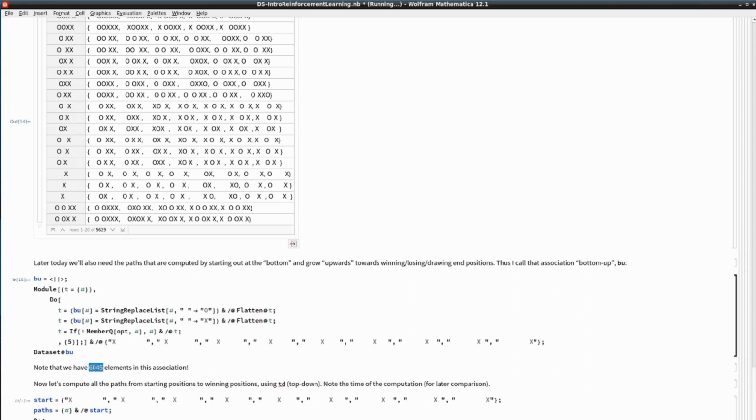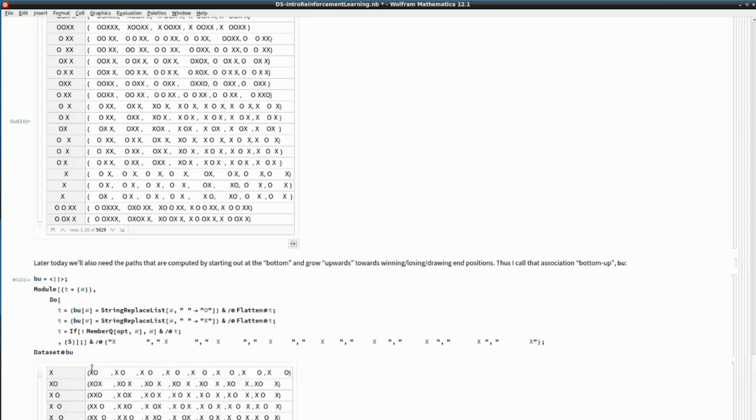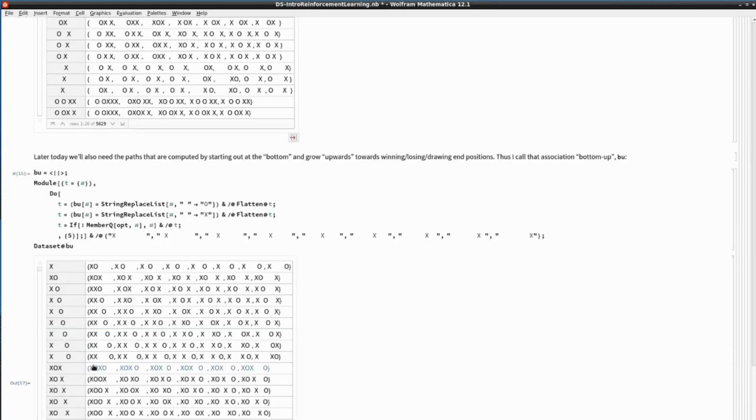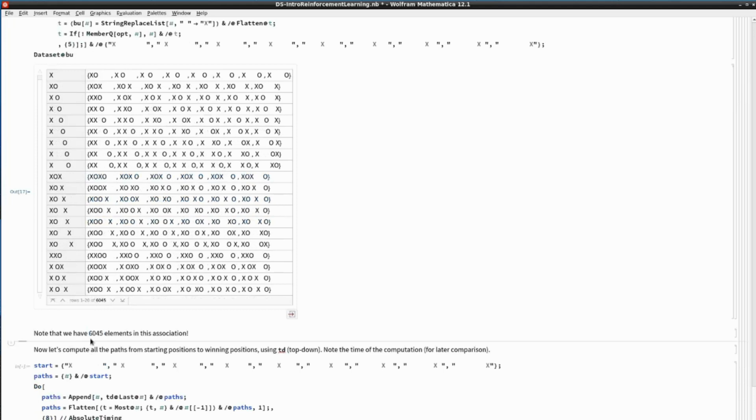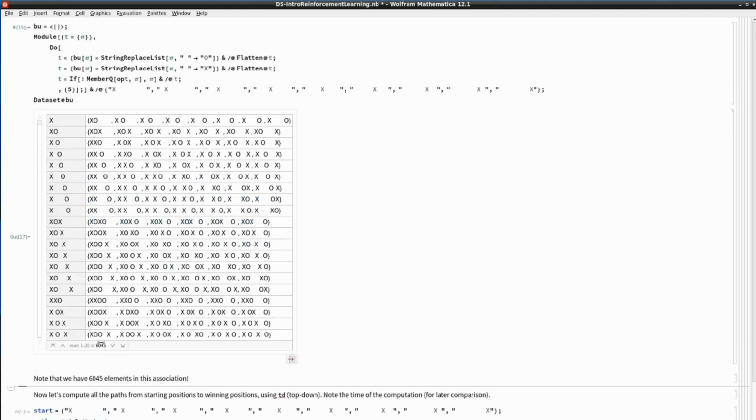Right, so it's about 300 more than we had in top down. Again, 300 doesn't sound much, but not everything you'll be doing in reinforcement learning is gonna be tic-tac-toe. So 300 now is, well, definitely enough to explain the point that we want to prefer top-down if this is